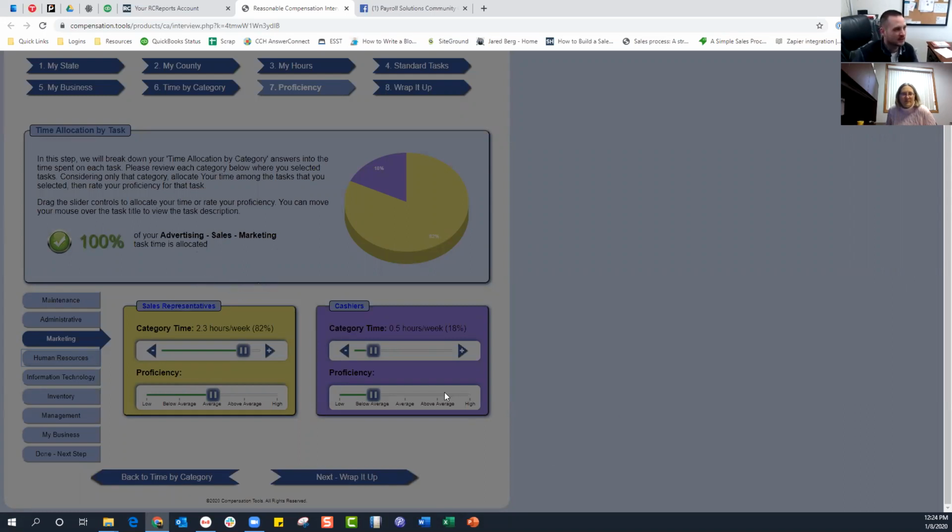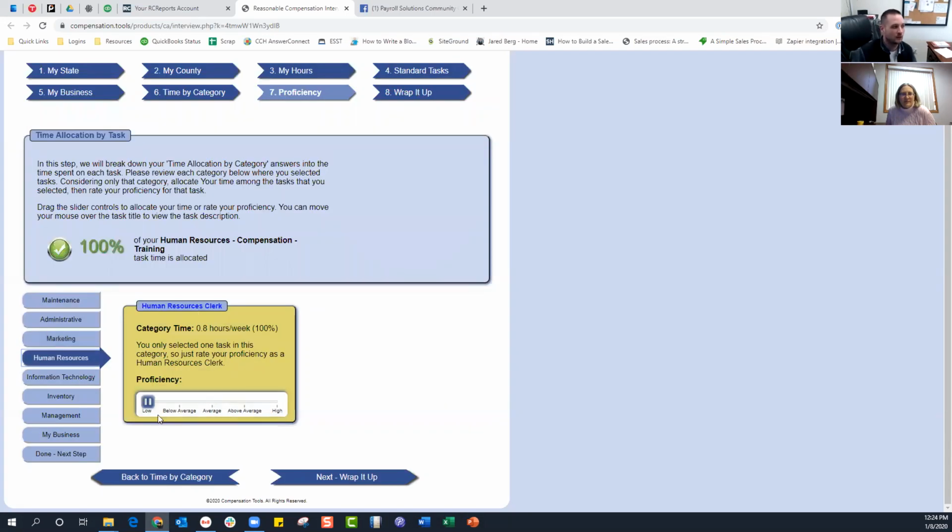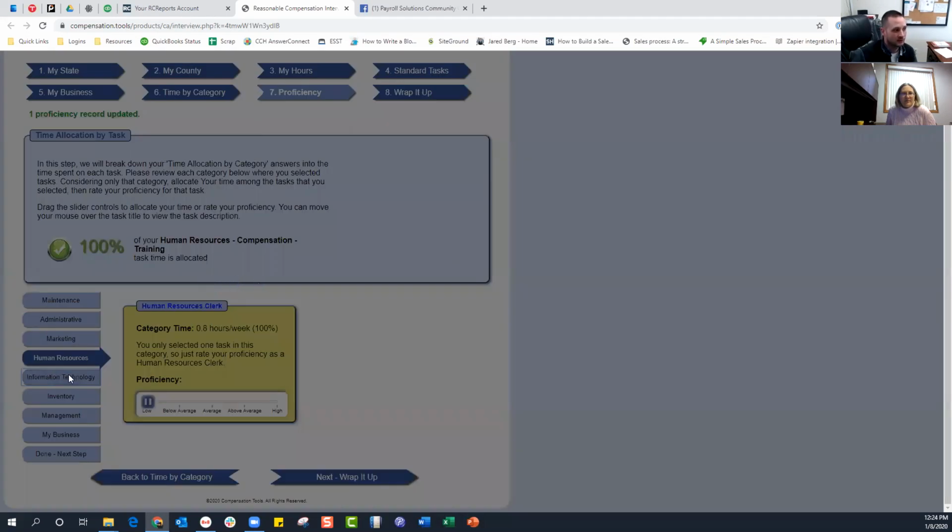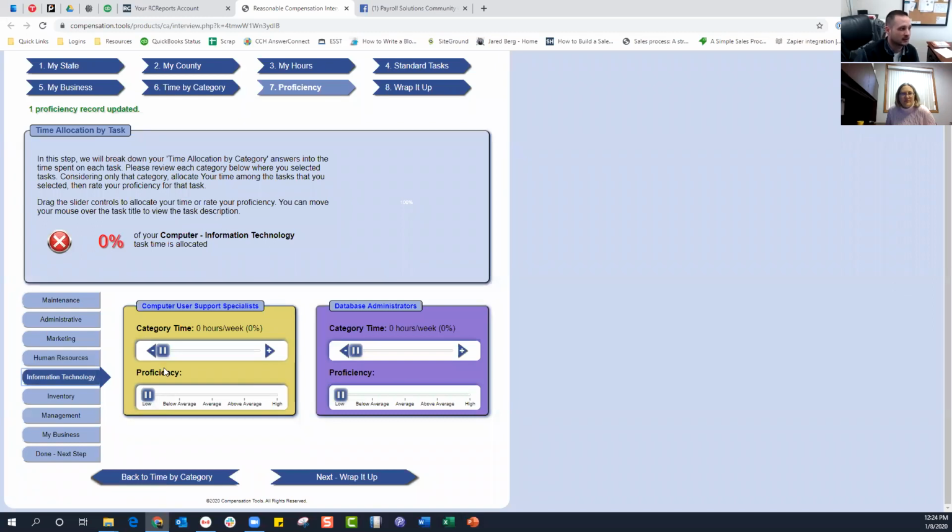But the biggest thing I feel is you want the client to, oops, we said low on that one. You want the client to really fill this out first. And then based on your knowledge of the client and asking questions after the fact, you can tweak it. Because like I said, the goal is you don't want to say, I'm an expert at everything, and your reasonable compensation is going to be extremely high. And if you take the market approach and say, well, what do other roofing contractors make? I mean, that might be too high still too. So